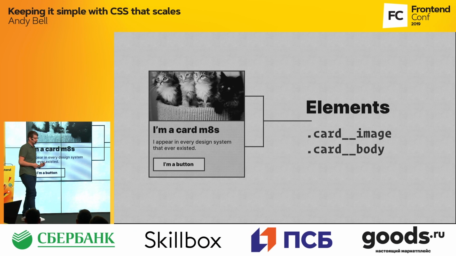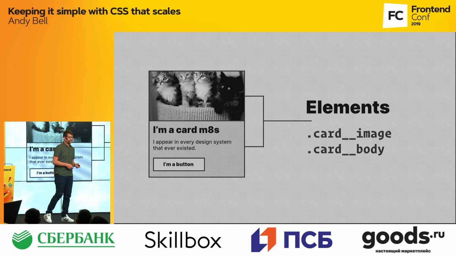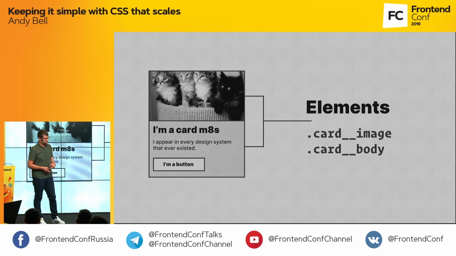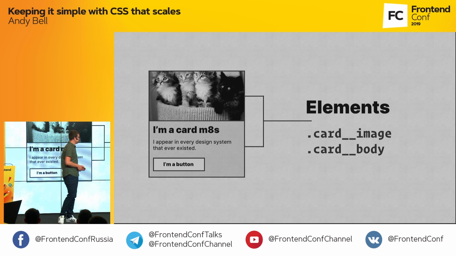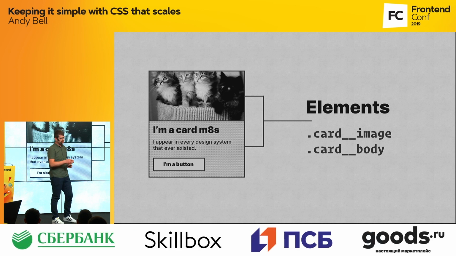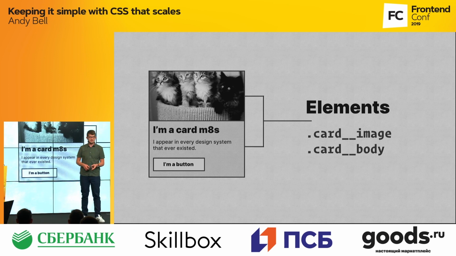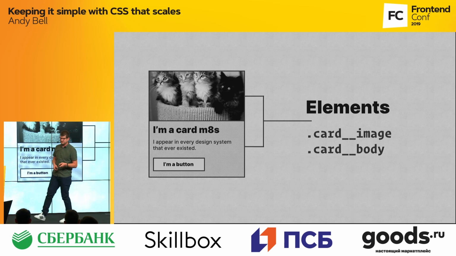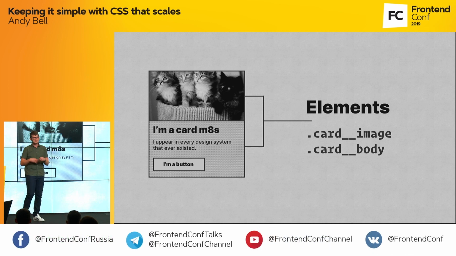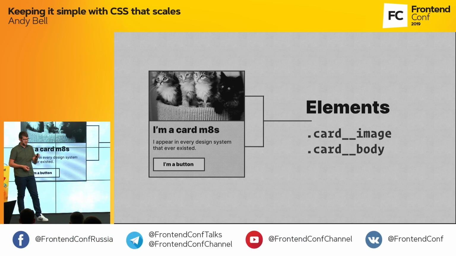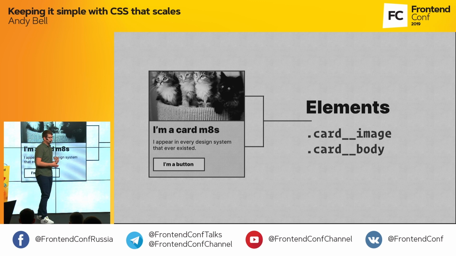Because then inside the block, I have elements. And elements have a dependency on a block. So in this instance, we've got card image and card body. And the useful thing, and this is something that I stole from Ben because it's really good, is that you've got a double underscore, so you can see the block and then the element. So this makes your code really accessible, not just for CSS developers or front-end developers. It also makes your code accessible for people who write JavaScript, who write in HTML, who don't even touch the CSS, because they can see, just by how the classes are structured, what the relationship between elements is, just scanning through it, and it's really, really helpful.